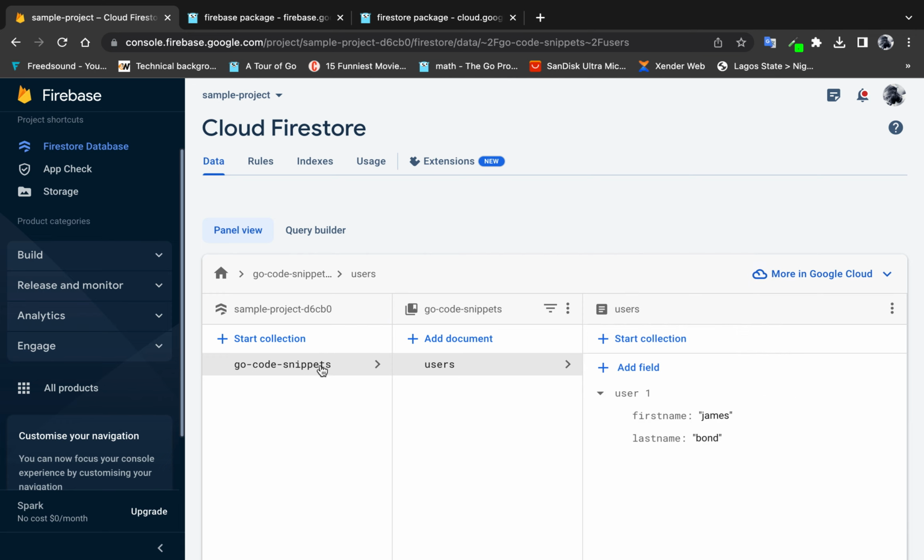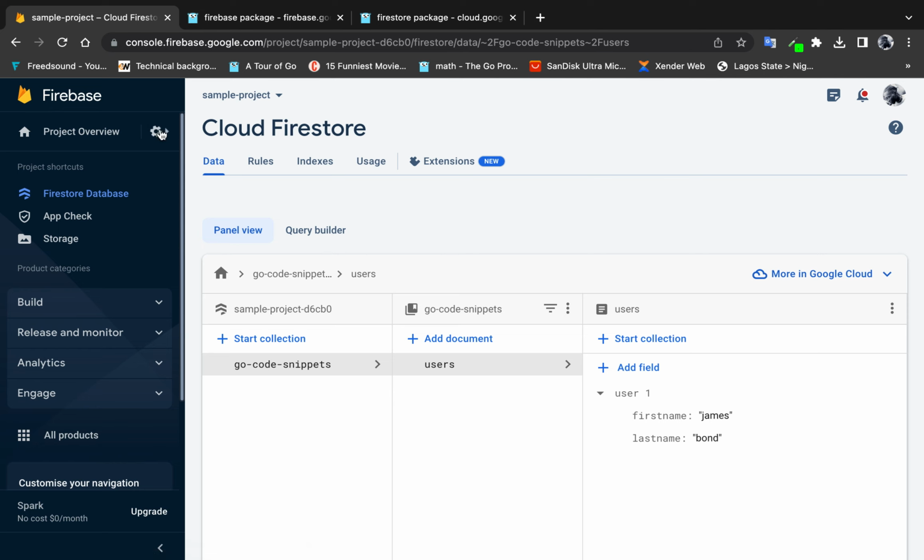So you have to create a collection first. Then for each collection, as you create the collection, you have to create the documents, and you have to add at least one field to the document. These are just the two prerequisites that you need. So with that being said, I just simply come back to my project settings, and I'll reference the code we